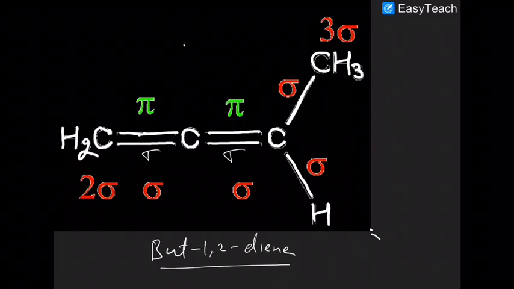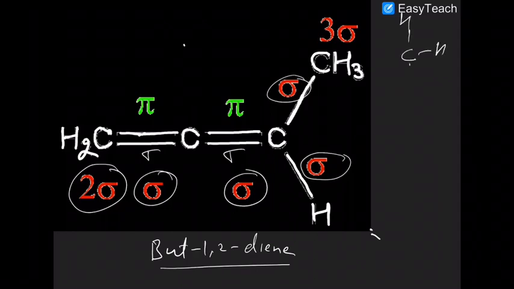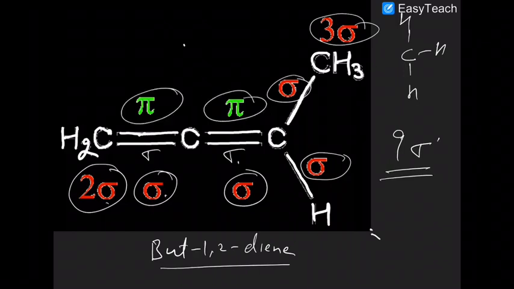You have to calculate the number of sigma bonds here. So 2 sigma bonds with this carbon, 1 carbon is this, the other is this. So 4, 5, 6, and 3 belong to the other, because every carbon has 3 sigma bonds. So I will repeat once more: 3 here, 3, 4, 5, 6, 7 and 2. So 9 sigma bonds are there and 2 pi bonds are there. Are you sure about that? Easily understood? Sure?